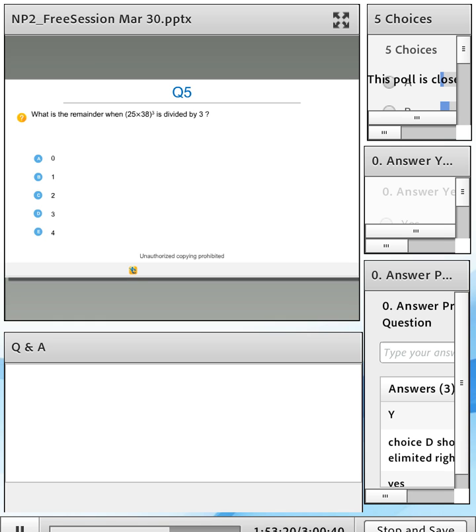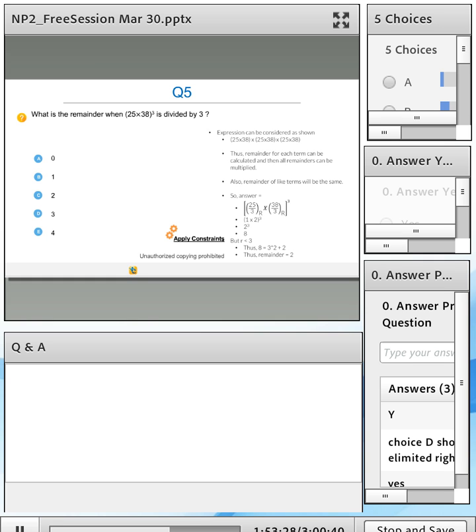So choice C is the correct answer. And 65% of the class got this question correct. Now here is where we are applying our process. Very, very straightforward. You divide 25 by 3, then you divide 38 by 3, you get the remainders, and then you process your remainders in this manner. The remainder that you get is 8, but you know that the remainder needs to be less than 3, so you express 8 further in terms of your divisibility equation, and then you get the remainder as 2.